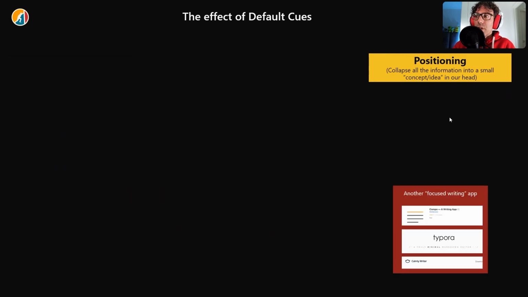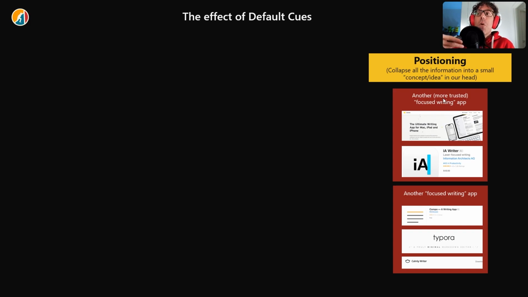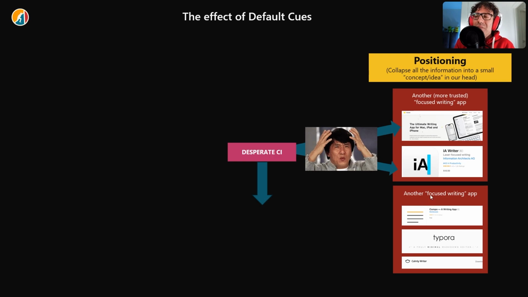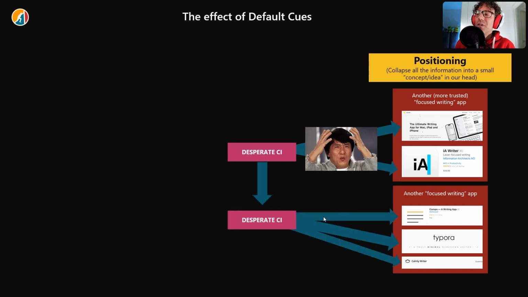So, as I was saying, there can be a group of focus grading apps and a different league that is a more trusted group of focus grading apps. And of course, if I'm at the spec CI, I will start with these ones and I will check them. But because they look the same, I don't know what to do. To the point that if I'm not convinced, I can even just discard the value of the default cues. It's like, you know what? I just need something. I don't care if it's completely new. So I will go to this group. That because they are all the same, I have the same problem.